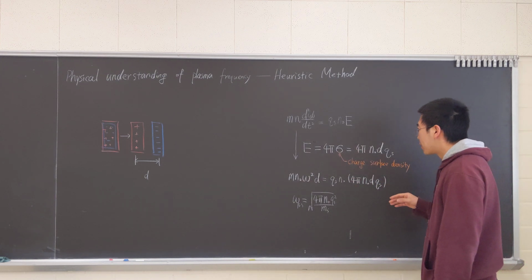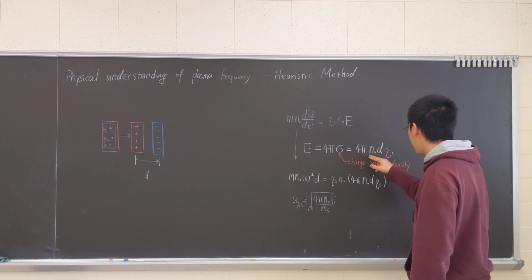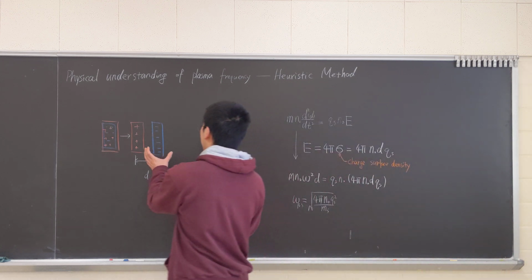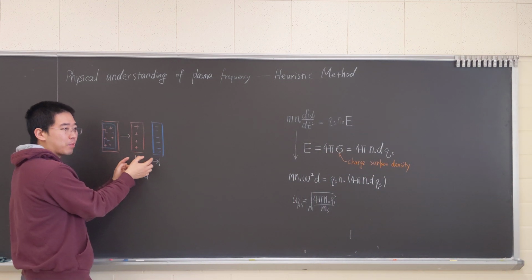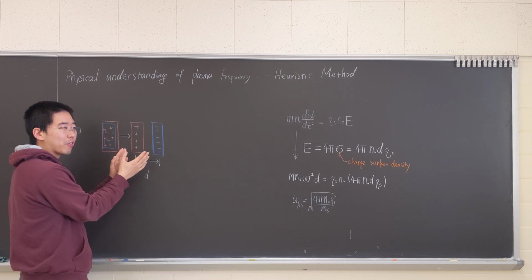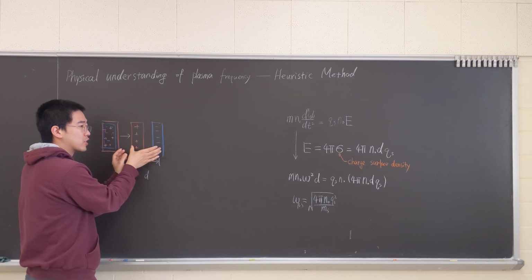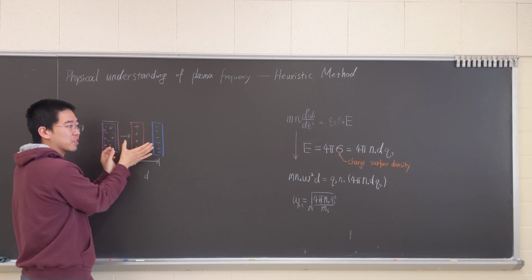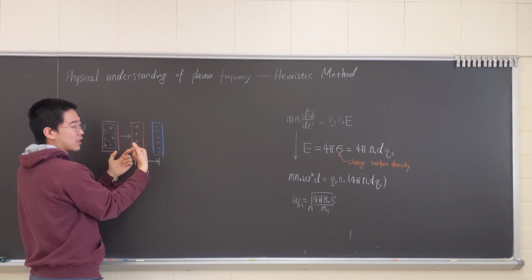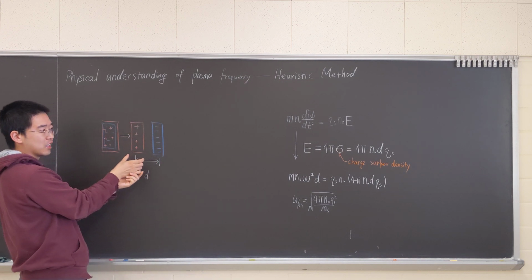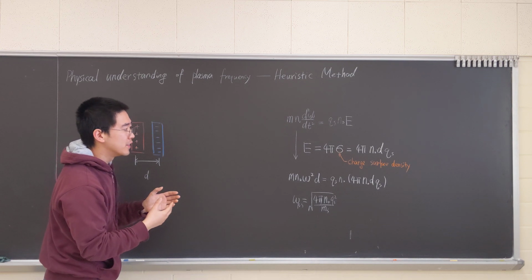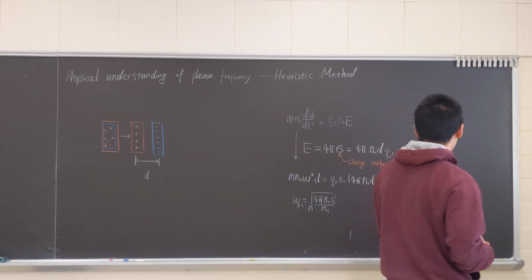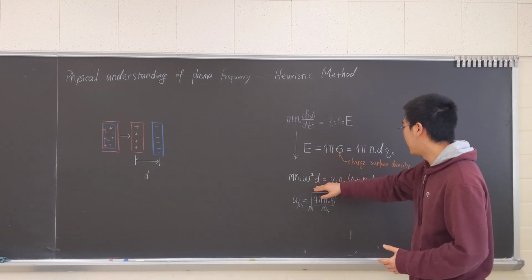And the charge surface density can be considered as n naught d q, because they are separated by the distance d. If the background density is n naught, then the charge separation surface density will be around n naught d, and then q, of course, is the charge of the species of interest. And put this E in here,